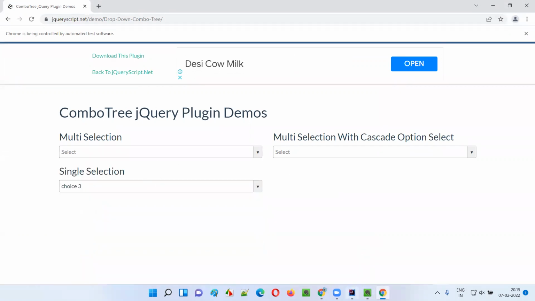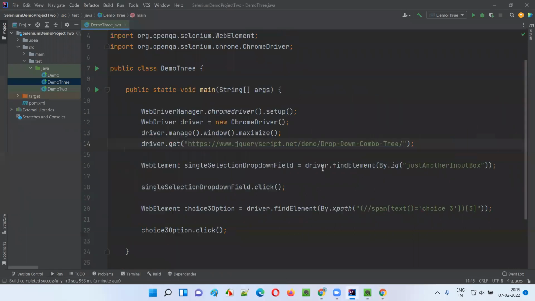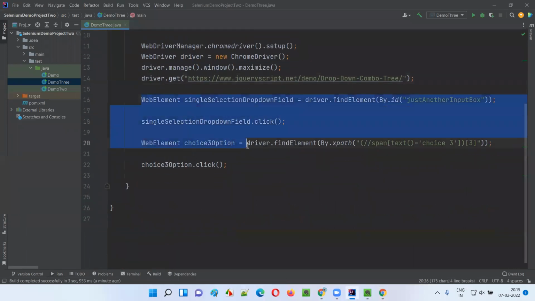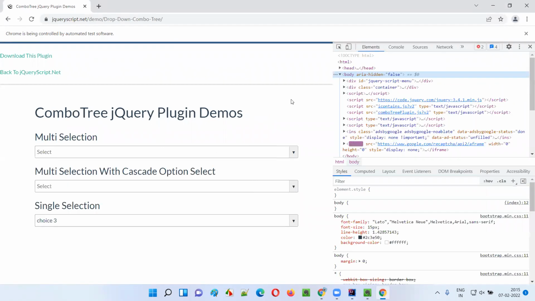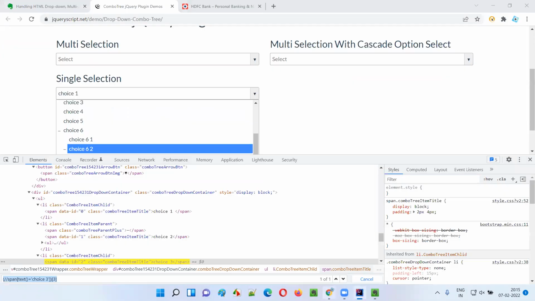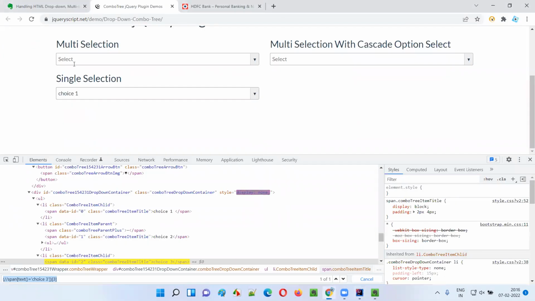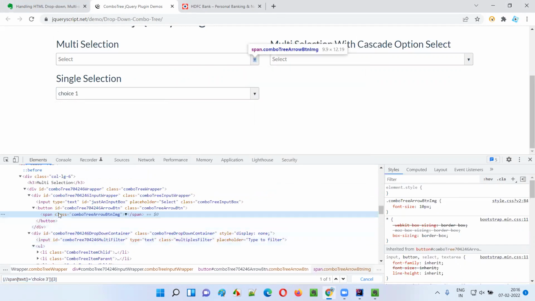So what we can do here is we'll write the code again for multi-selection. I'll remove this part. I'll inspect this, guys. So let me inspect it here. We are going to select multiple options in this multi-select. So another variety is there. Let's try it out. Inspect this. And here